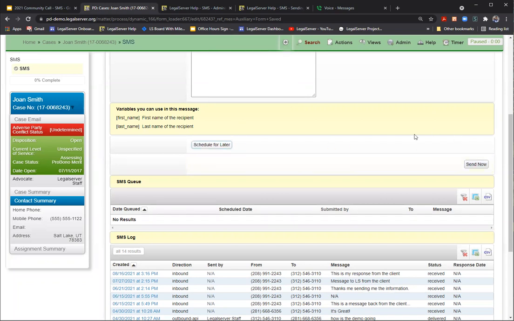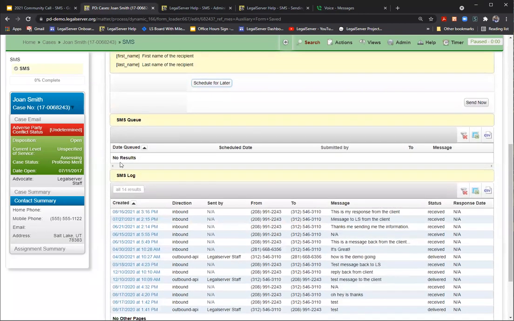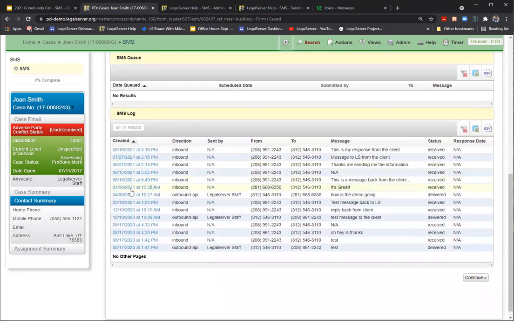You can also just send that message now. So if we type in a message, hit the send now button, it will send it automatically from this particular page right to the client's phone. The queued log is going to show us any message that we scheduled to send out at a later date. And the SMS log at the bottom is going to show us all messages that have been sent or received